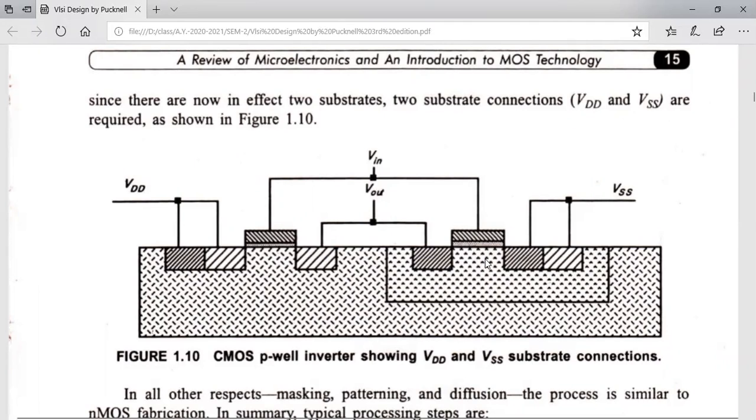You can see here, at VSS, we have two types of shaded regions, here and here. That is to connect to the outer world. We can't connect to lightly doped materials, so we have to increase the concentration at the connecting point. That's the reason it is in the other color, the gray type of indication, right?